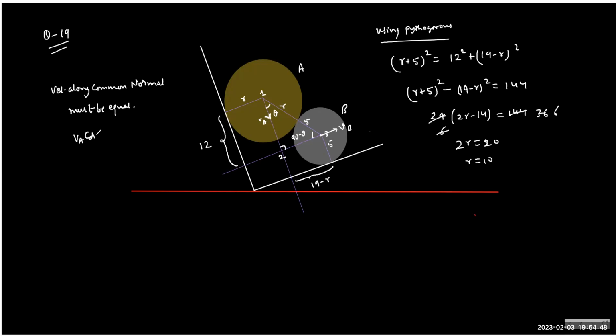So VA cos theta is VB sin theta, right? So VA is how much? VB tan theta. And tan theta I can calculate from the triangle. So tan theta is opposite